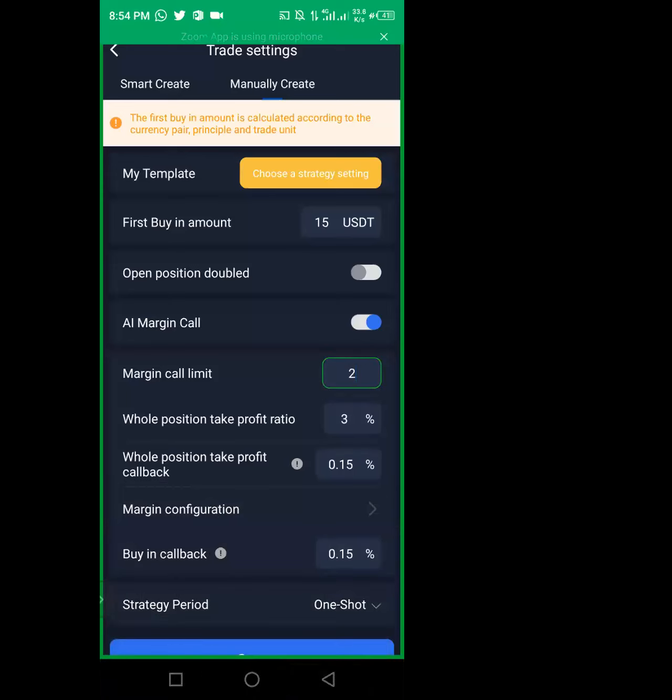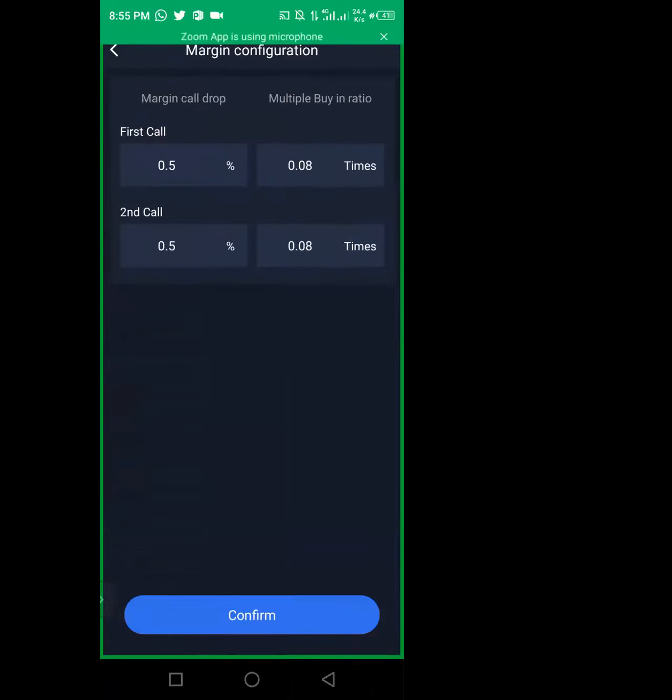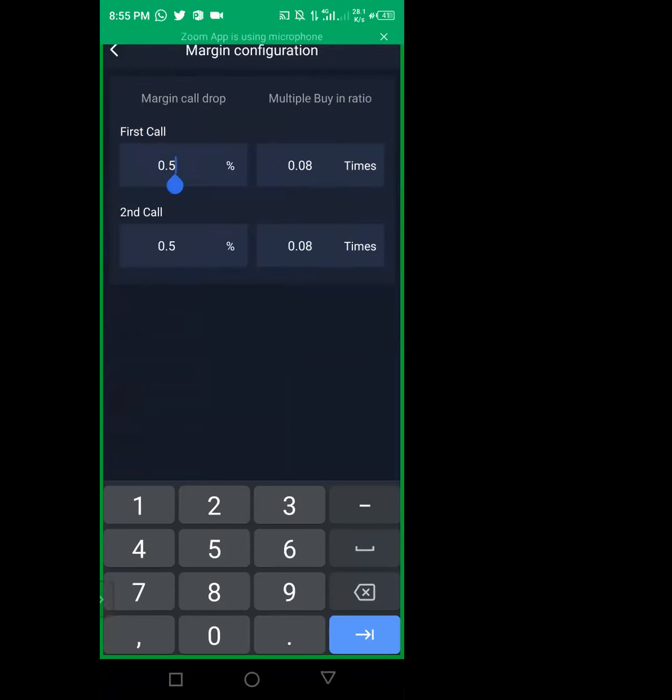For the trigger price to buy margin 1, maybe, since your trading capital is 200 for this coin and you have started with 100, you know that you'll be left with another 100 to make it 200. You'll be left with 200 to set up the margin. Maybe the signal said it will cover a 2.5, 5% drop. So you can put 2.5 here. The second one, 2.5. Then the times, since our first buy,